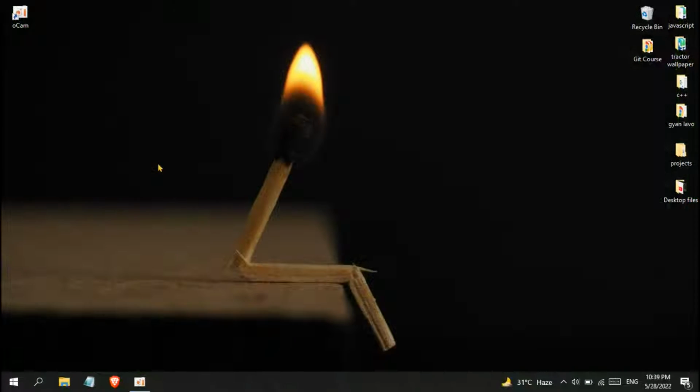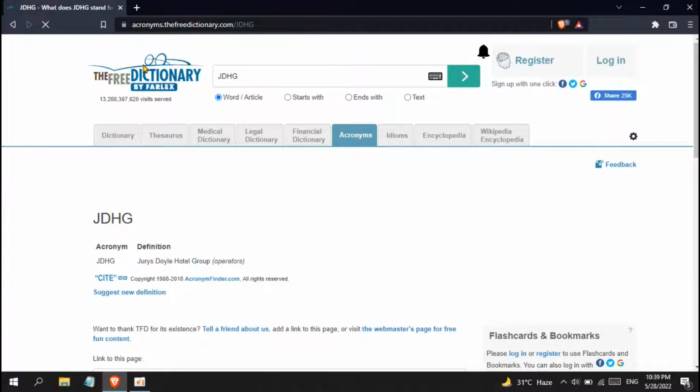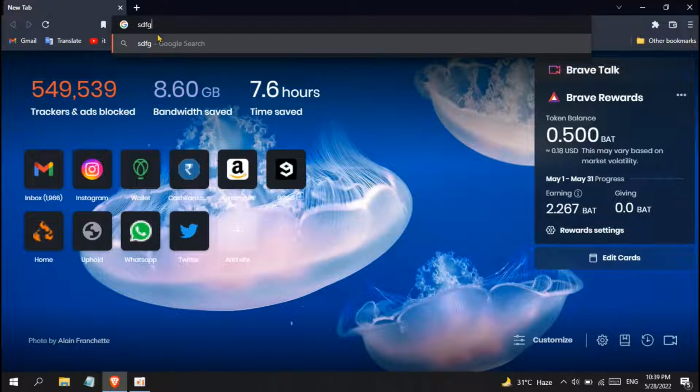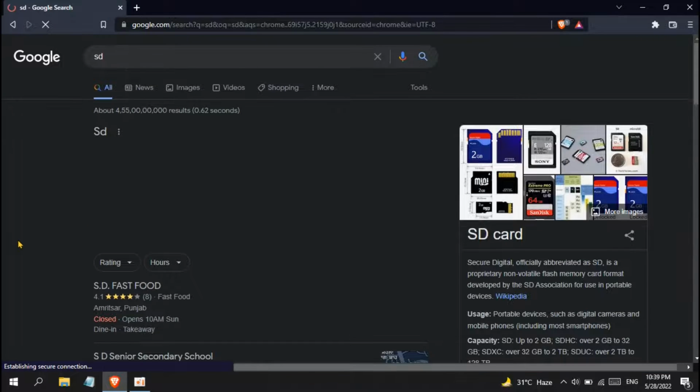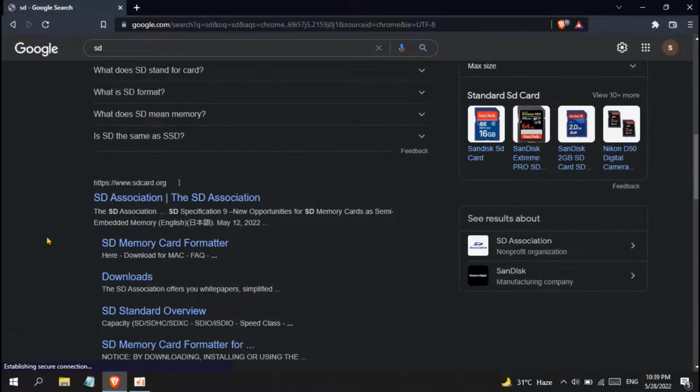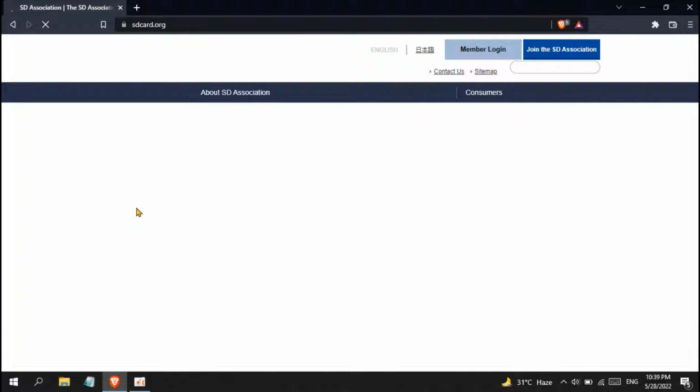Today in this video I'm going to show you how you can bookmark your tabs in Brave browser. So first of all, let me search something randomly, and there are a couple of results here, and let me open this website. It is taking a little bit of time. Okay,